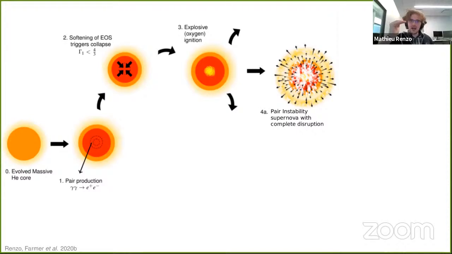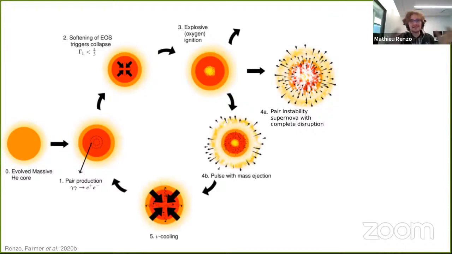If you go slightly lower in mass, then this explosion is less energetic. The only thing that it manages to do is expand the core so that the burning shuts down. And this expansion of the core triggers a wave in the outer layers that can steepen into a shock and eject some mass. And after the mass ejection, which is called a pulsational pair instability, the star relaxes, emitting lots